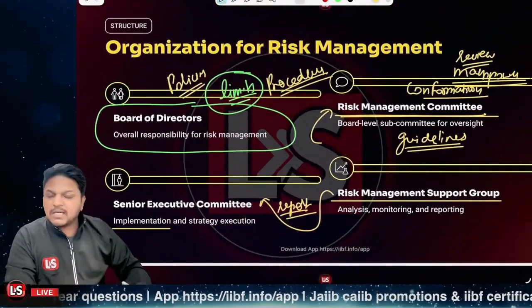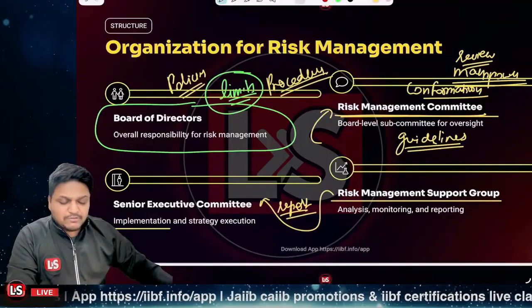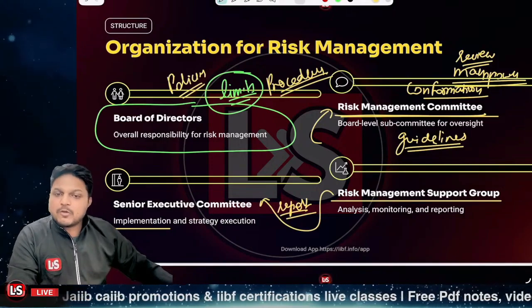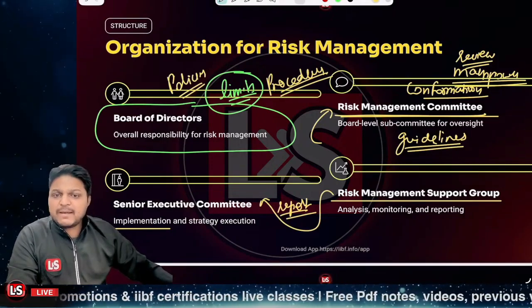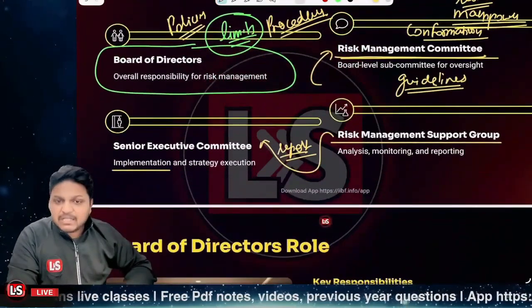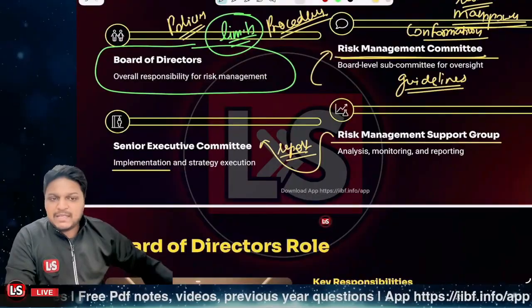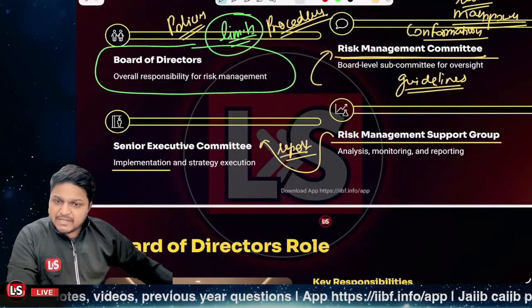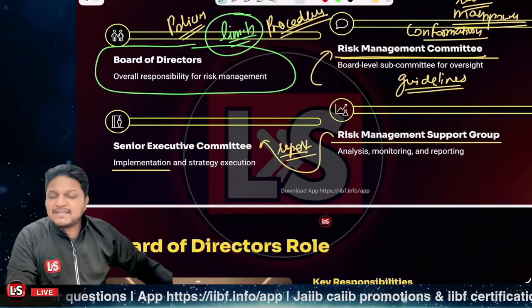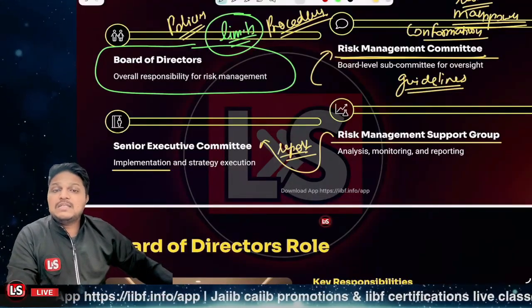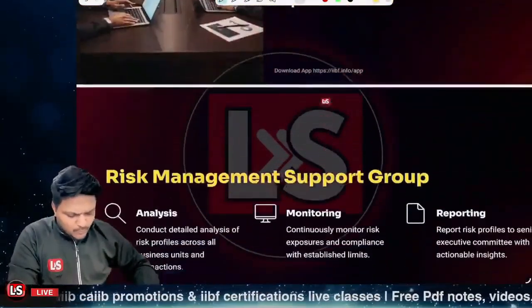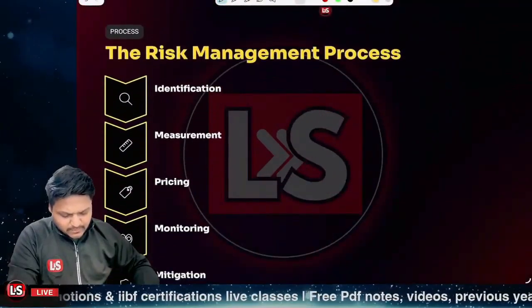So a four tier function is there. One, we have the board of directors, which has the overall responsibility. Second, the risk management committee, which will be confirming conformance. Manpower is provided by the same, and robustness of the models is checked. The third is the senior level committee, which is responsible for implementing those policies and achieving the objectives. And the fourth will work independently to monitor, measure, analyze and report the particular risk to the senior executives, right? That's the case. Is that clear? So we have already covered all those points. You can go into them further independently.